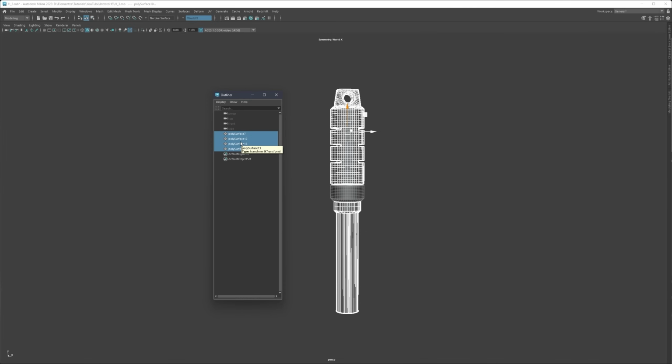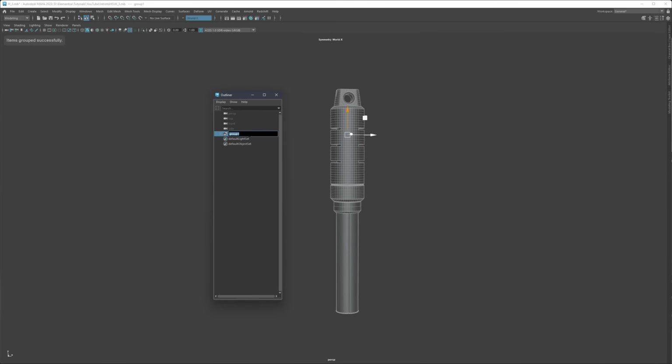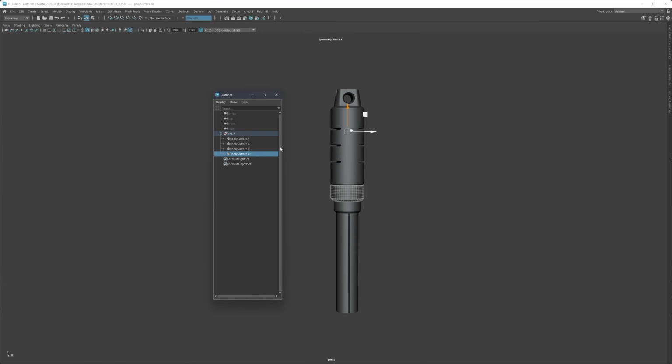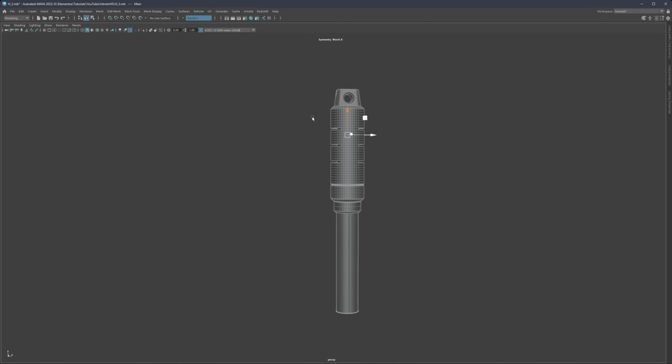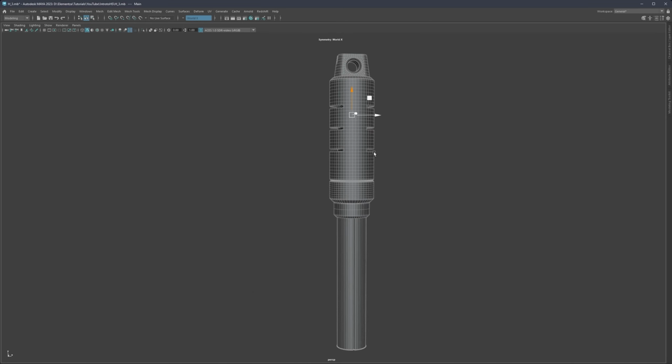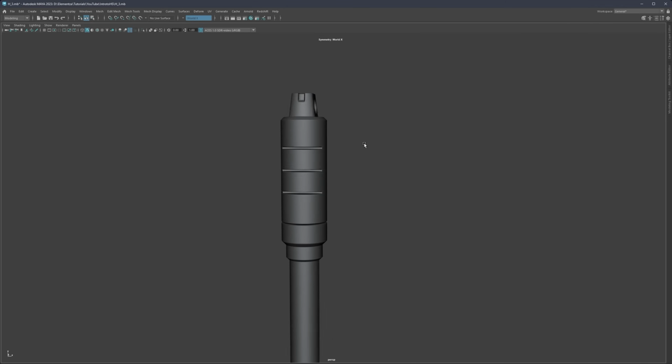So in this case, I just want to create another group and call this, I don't know, main, whatever it is. And this is just enough for now. Later, if it's necessary, we can go ahead and rename all of these. But I just wanted to get rid of all the clutter that we have here in the outliner and make it a bit more organized. All right, so I'm going to save this one more time. And okay, so now we have